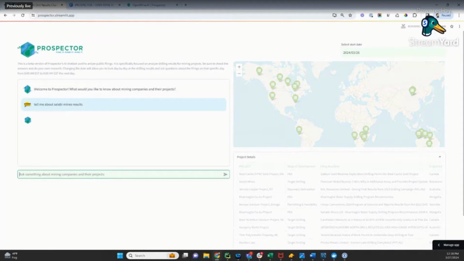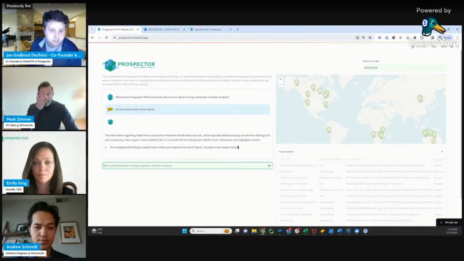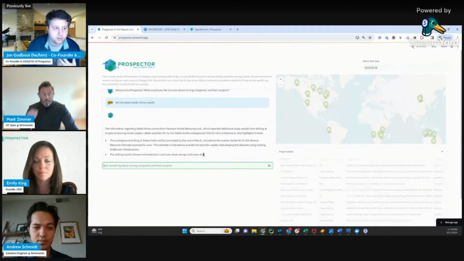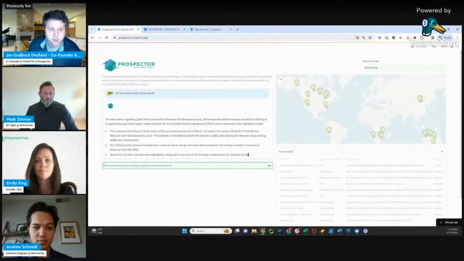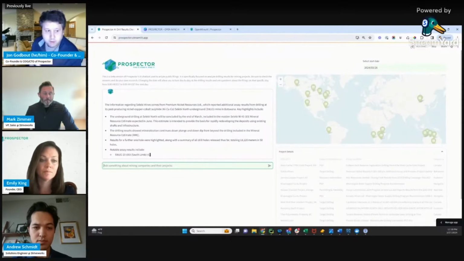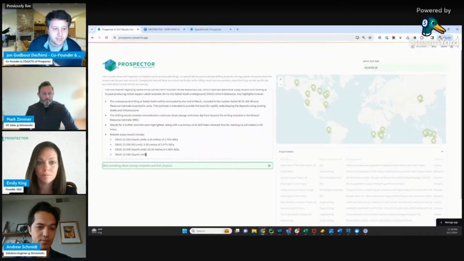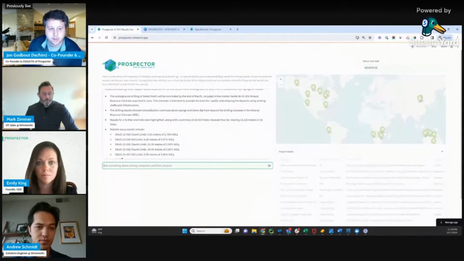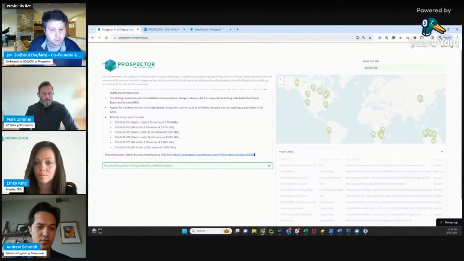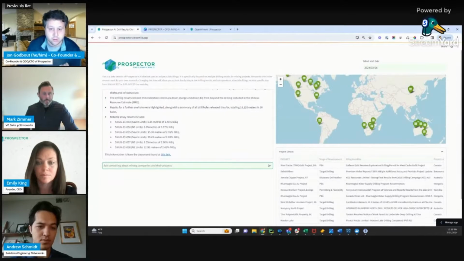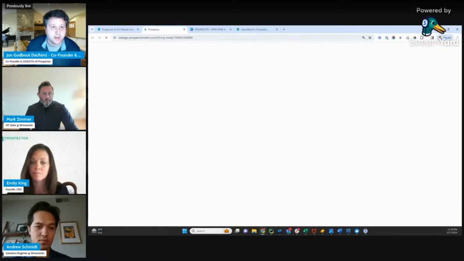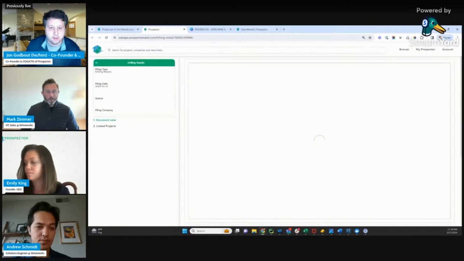And what this does is this language model then works on top of the publicly available data, comes and provides a little insight. So if you're trying to keep track of lots of different projects and such, you can actually use the language model as a tool and assistant to do some of your analysis. And as it comes back, it's actually pulling directly from the filing itself. And it's been trained to always bring back some sort of link to where that document comes from. And right here, I can open up and I can go to the filing. And you can find it right on Prospector.